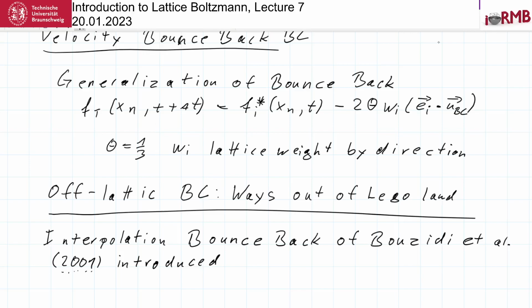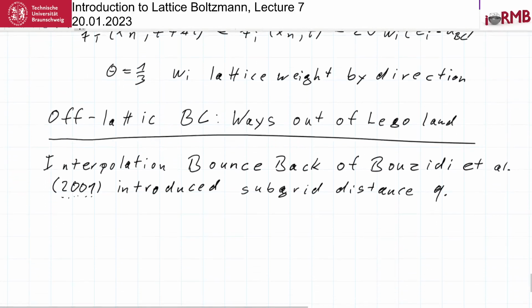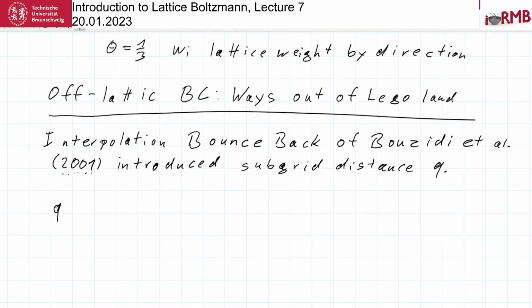And he introduced the so-called subgrid distance, which we are still using today in other boundary conditions too. And the subgrid distance is usually called Q. So what is Q? Q is the fraction. It is not a distance by itself. It's a fraction